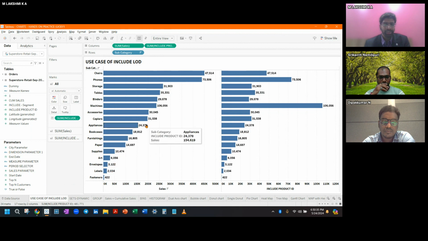It's increasing. But here when you see the machines, it's actually 106,000, and then you have 29,000 again, then 70, then 47. So this is weird, right? It looks very weird because the numbers are different and the bar that is showing is different.